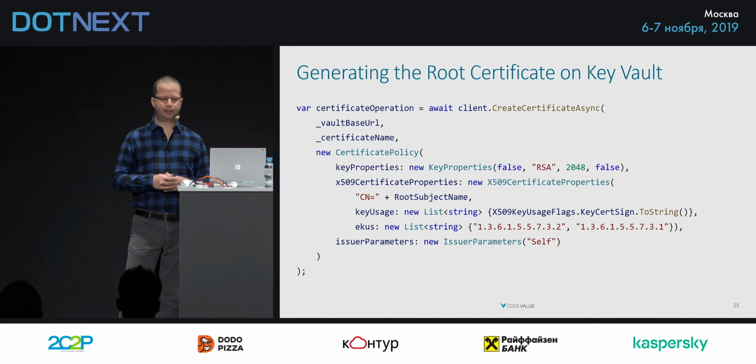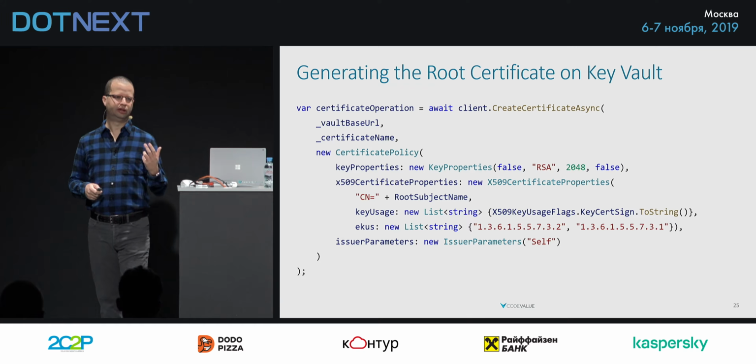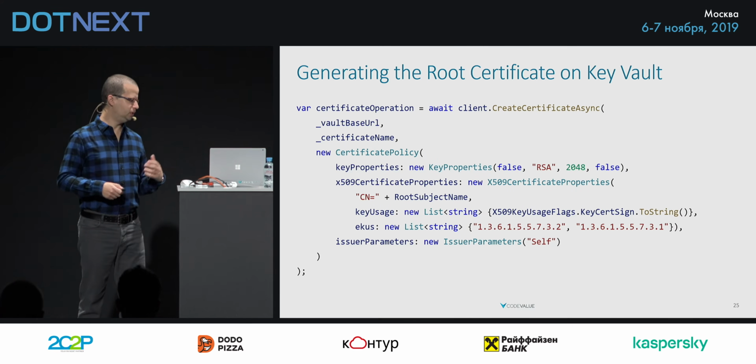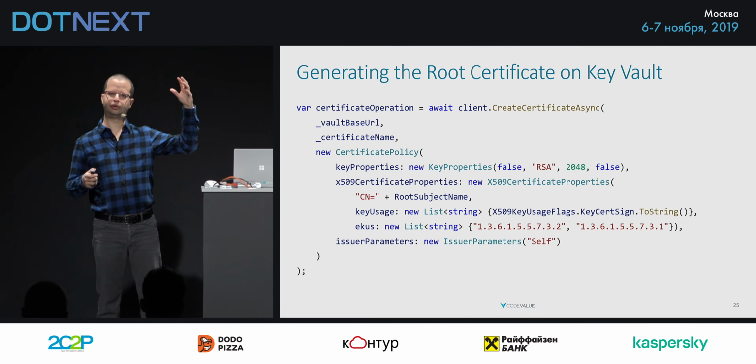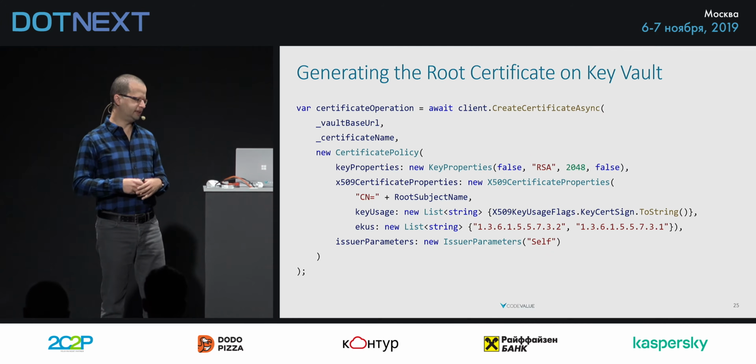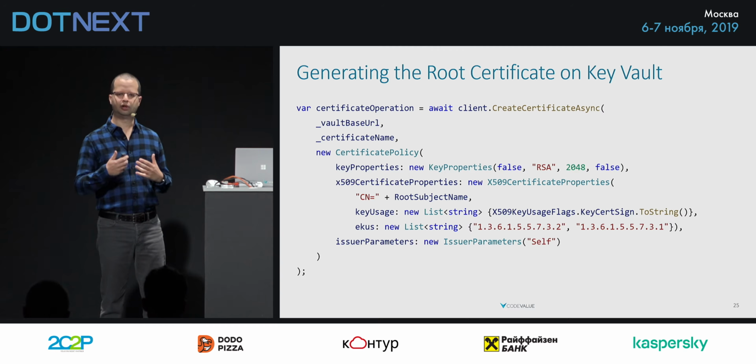Other than that, we specify that the certificate is self-signed, since, again, this is a root certificate. In other scenarios, you can use this parameter to specify another issuer, and you can build a chain of trust. So, for example, in the real project, we had a little bit more complex scenario where